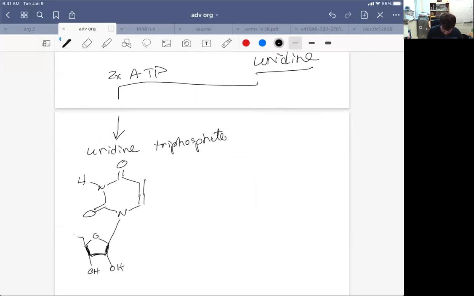But we're going to let the CO2 now react with 2 more ATPs to convert the uridine monophosphate into uridine triphosphate. Now, it's important to note that during the polymerization of nucleotides to form our strands of DNA and RNA, we need to use the triphosphates of the nucleotides. So let's just mention this. Nucleotide triphosphate is required